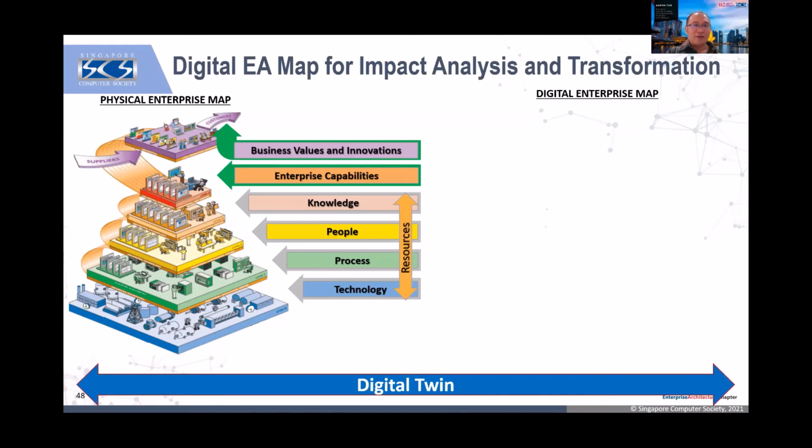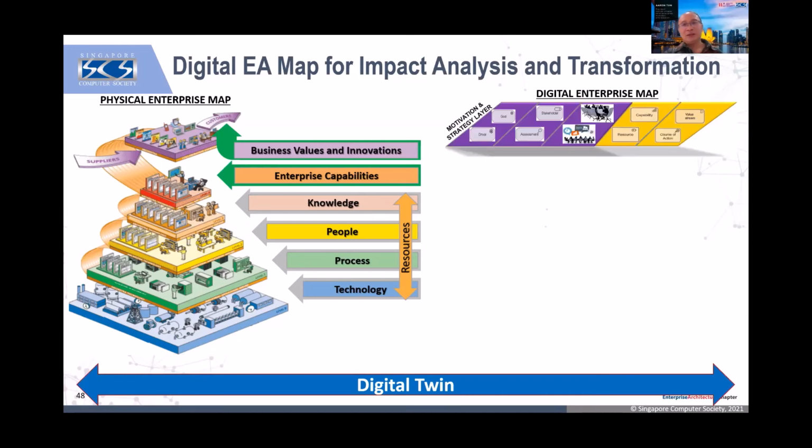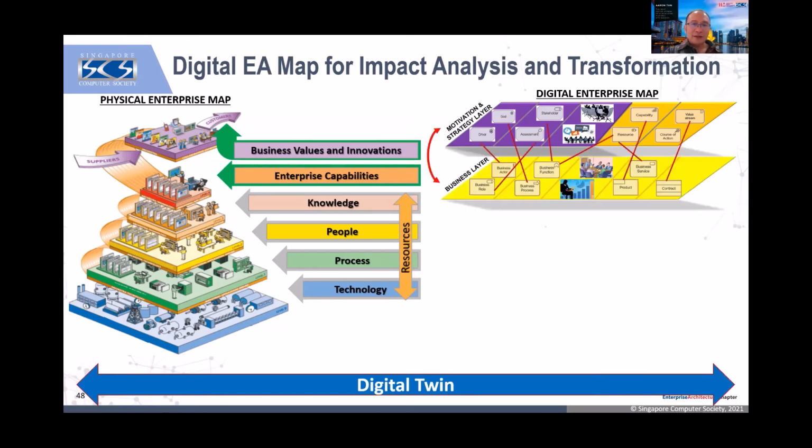The only thing breaking this silo is we applying the architecture, right? So let me show you how we do this. So typically we come up with the so-called modeling, right? We understand the motivation and strategy layer of every business unit. So we already capture their KPI, their goal, their driver, their resources, their capability. Then after that, we also need to know what actually every department is doing, right? In terms of how many roles are out there, what are the processes, what are the functions, what are the products or services they're offering, right?